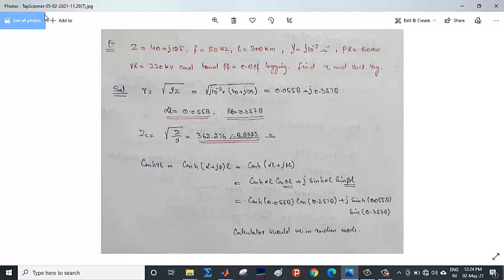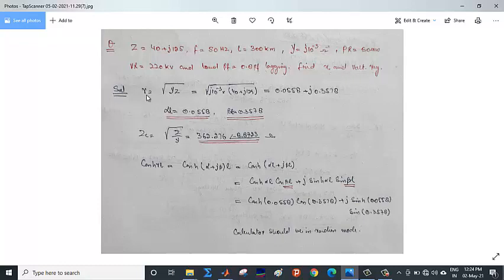Let us say the total impedance of the line is equal to 40 plus j125, f is equal to 50 Hertz, L is equal to 300 kilometer, Y is equal to j800 minus 3 ohm. Actually, I am writing only the parameters. The question itself is written in the previous class. That's the same question. Receiving power is given as 50 megawatt. Receiving voltage is 220 kV, and the load power factor is 0.8 lagging. We need to find out the voltage regulation and efficiency.